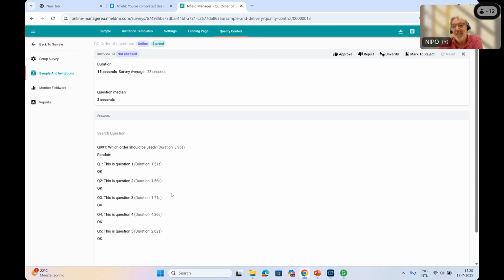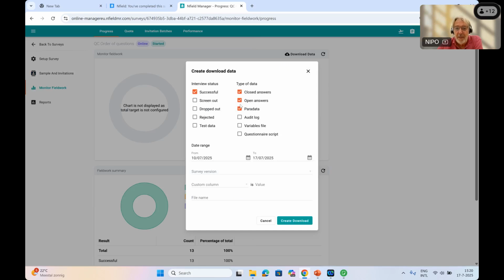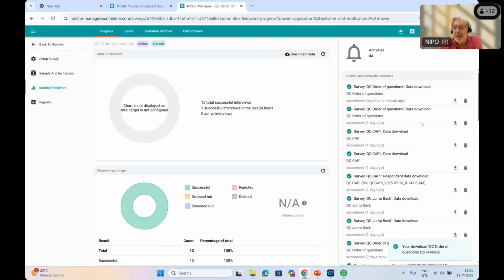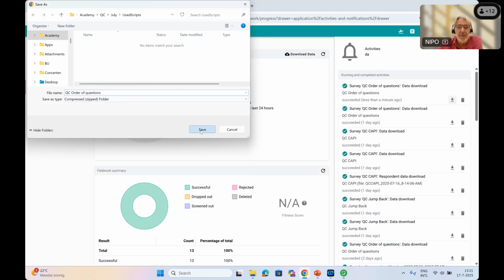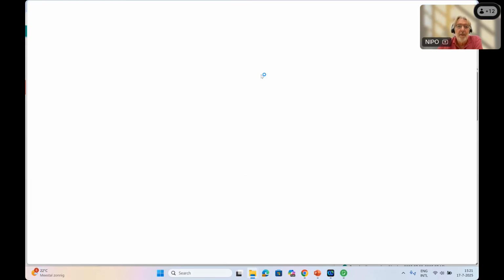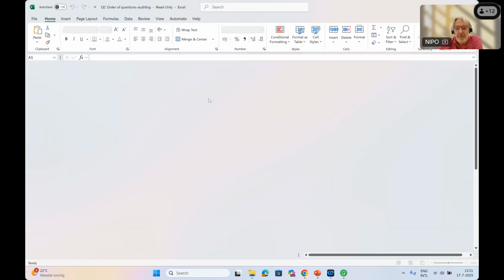If you are somehow interested in what was precisely the order in which this was shown, there is a way to find that out, and that is by downloading the data and then downloading the audit log. If I create that download and then download that one, actually, yeah, put it there. If I then open this audit log